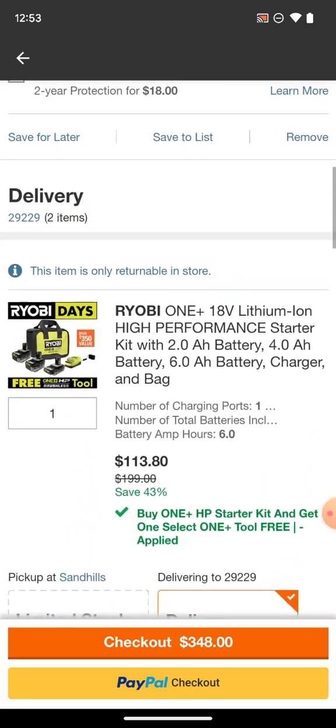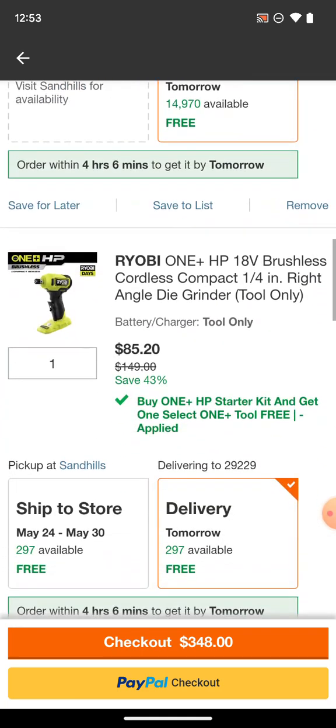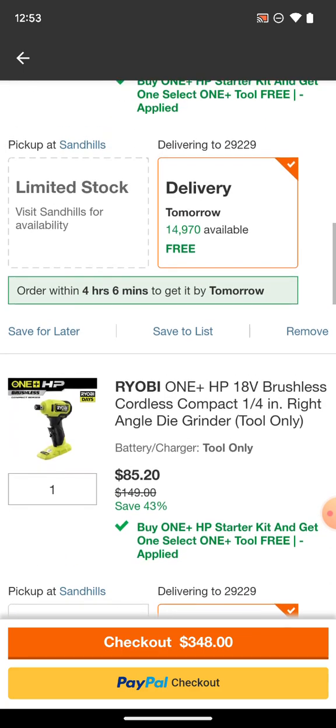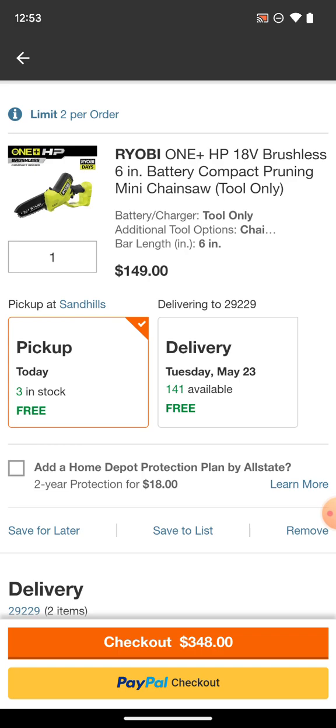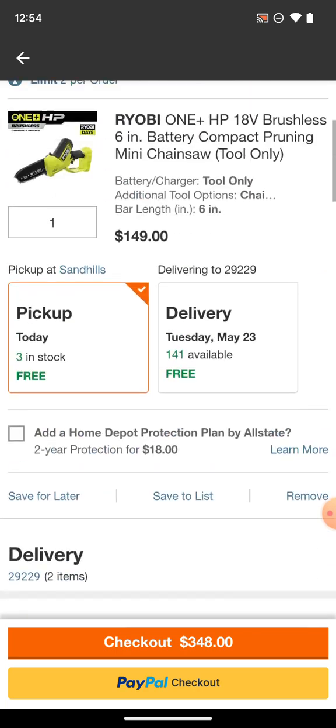The reason why I said I don't think some of these are being offered yet, or the deal is not officially active, is because this is an offering. As you see here, it says Ryobi Days, but it's not in the promo, meaning you cannot select this as one of the tools. Now, you'll see that the base price is the MSRP for the tool only option, $149. That is the same MSRP for the right angle die grinder at $149. So unless they adjust this price at all, you can assume that you're going to be paying $85.20 for the